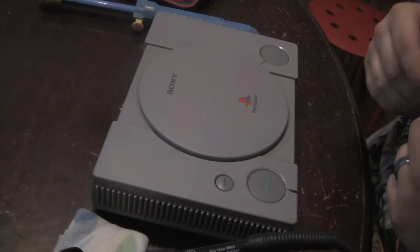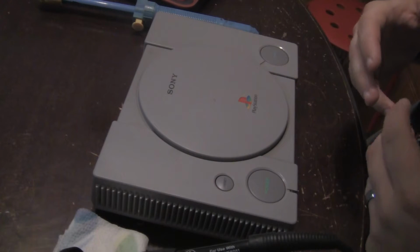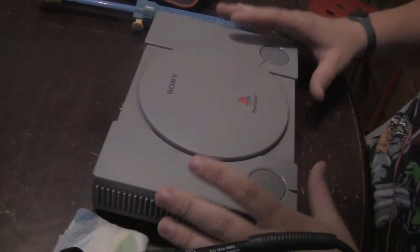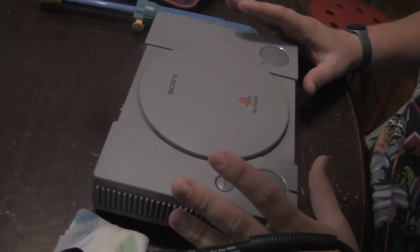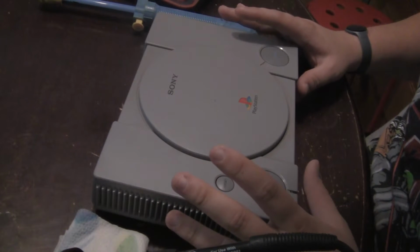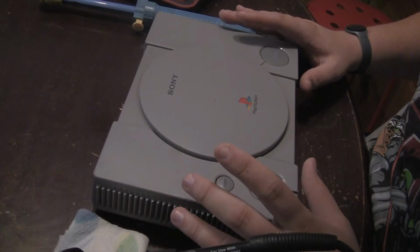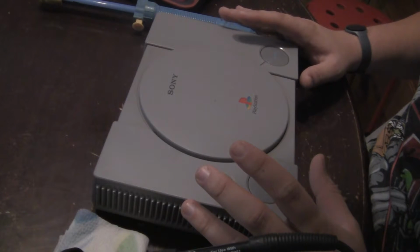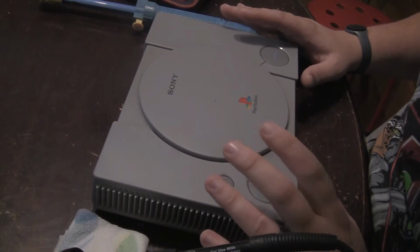What's going on, everybody? John here for another RepairStation. I haven't done one of these in like a couple of years, but I came across a problem here tonight with one of my Japanese PlayStations. I was trying to play a Japanese DDR game that I got in, and it booted up the disc, and